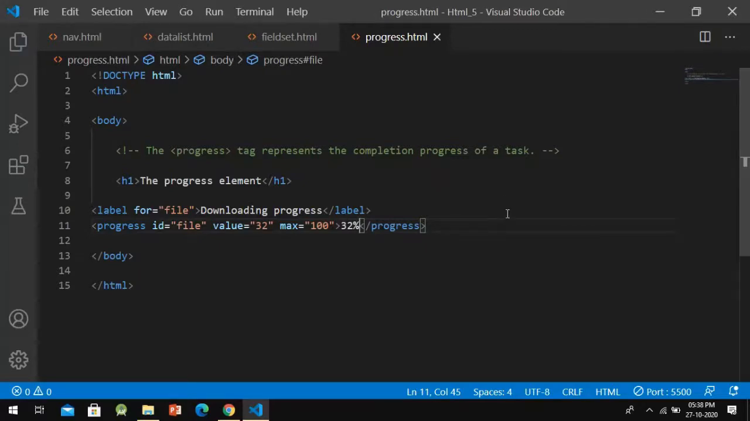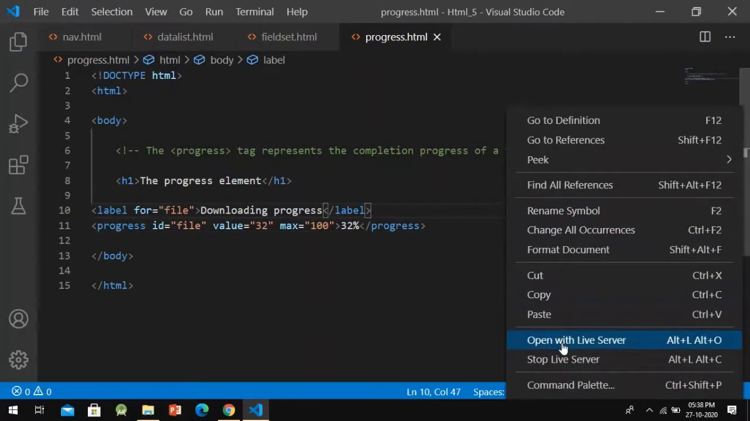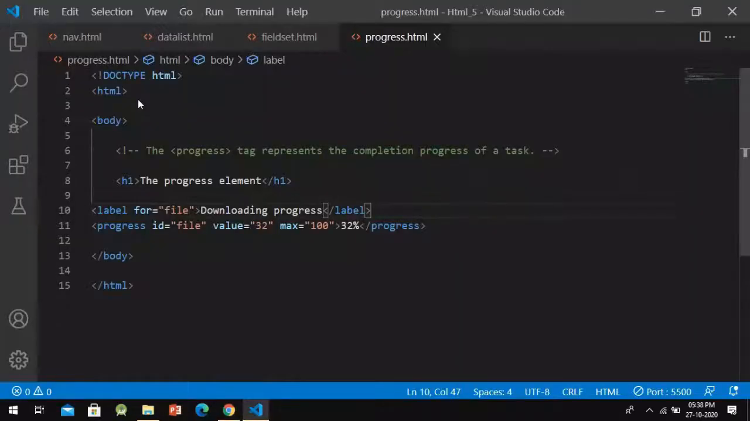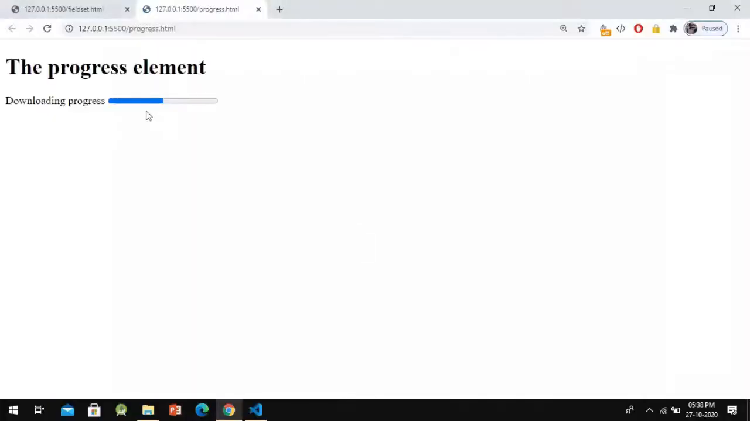So save this, open it with live server, and you can see this progress bar is showing 32% completion of a file, which is an imaginary file. So that's the basic thing of downloading this. So you can also change this. Let's change this and make it 50. Okay, save this, and okay, I'll make it 52. Save this. Now you can see half of the progress bar has been completed, but it is just an imaginary progress